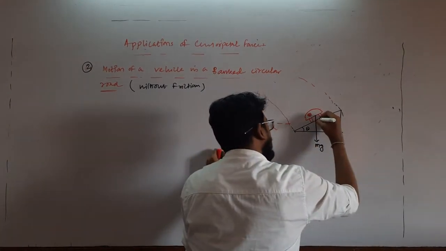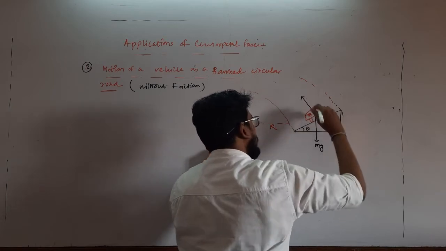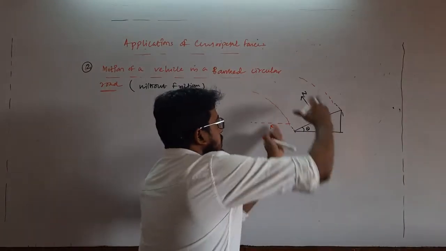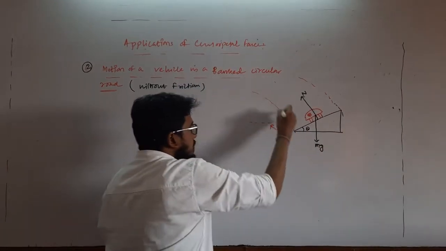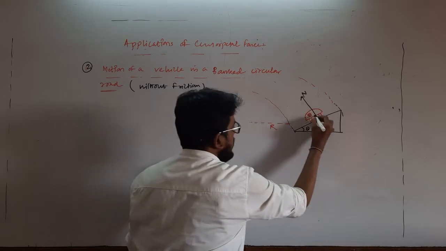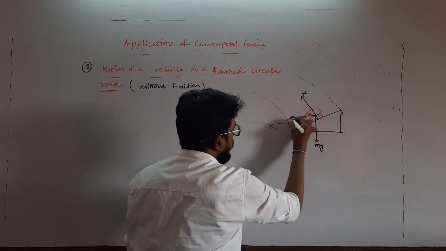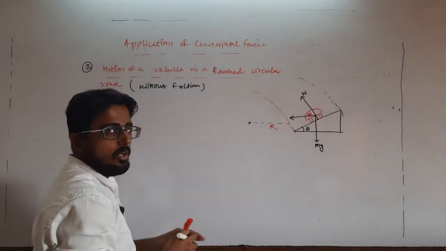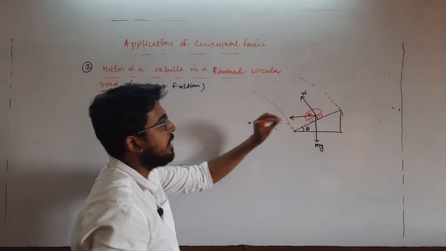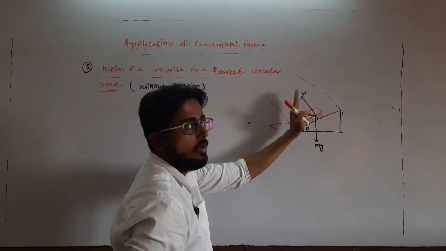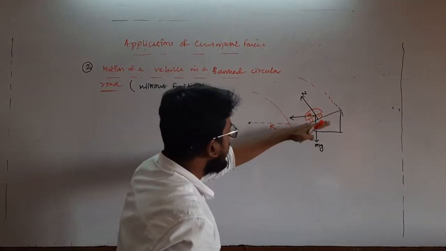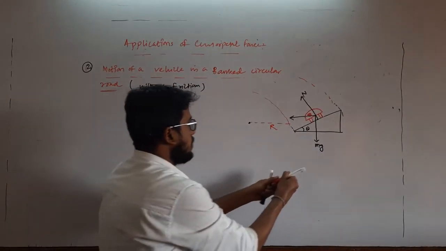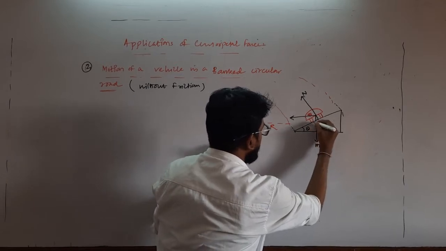and the normal reaction N acts perpendicular to the surface, along this direction. During this motion, as the track is going like this, the required centripetal force will act along this direction towards the center of the circular track, and this required centripetal force for this particular case is provided by what? A component of the normal reaction, because we are considering that on this road there is no friction. Clear? So if I am considering the free body diagram, if this angle is theta, this will be 90 minus